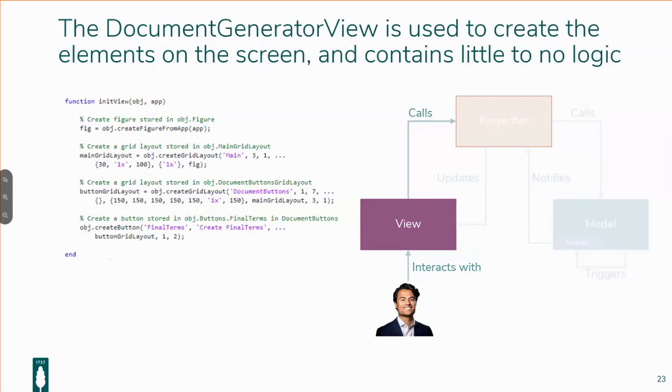So the document generator view is used to create each of the elements on the screen, and it contains little to no logic. What it actually does is easily create a figure, and on top of that figure we'll create a grid layout on which we can very easily add, for example, buttons or tables or drop-down menus by just giving a simple command such as create button, giving the title,